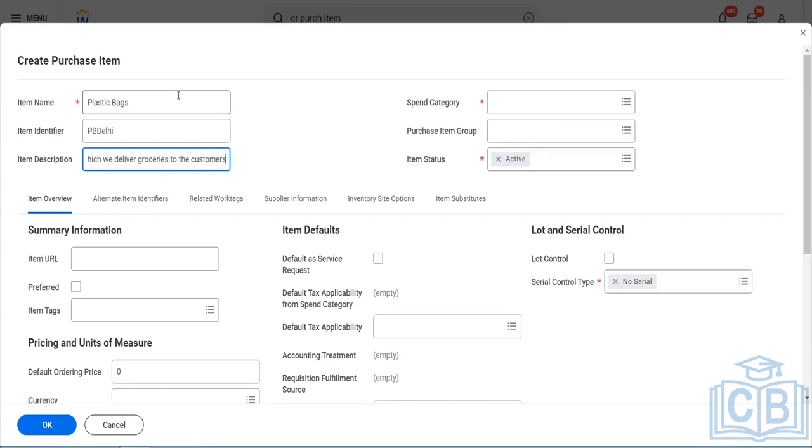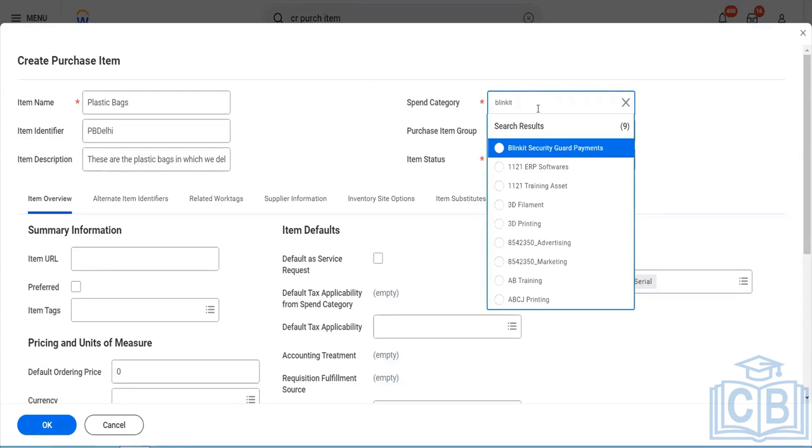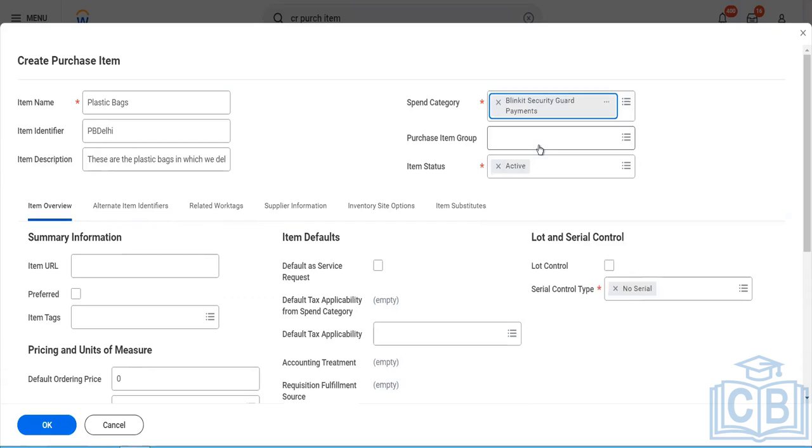We deliver these groceries to the customer, but we buy the plastic bags from the suppliers. Then we have to assign the spend category that we just created. We'll say Blinkit. Then your security guard payments. That is done. If any URL is saved somewhere for this item, then you can mention that